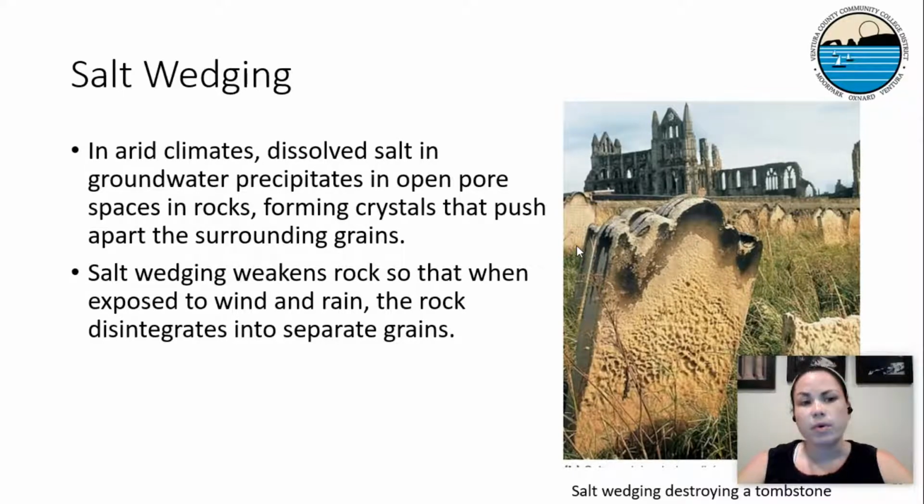Salt wedging. In arid climates, dissolved salt in groundwater precipitates into pore spaces in rocks. And these form rock crystals that push apart the surrounding grains of the rock. Salt wedging weakens the rock so that when it's exposed to wind and rain, the rock then disintegrates into separate grains. So here's an example of salt wedging that's destroying a tombstone. We don't see this too often here,